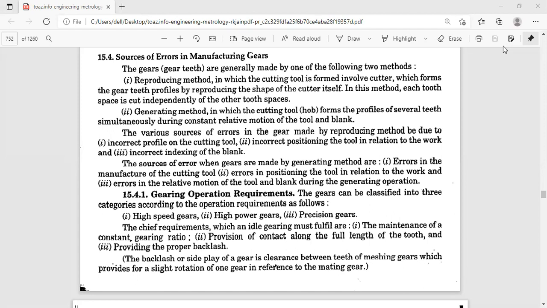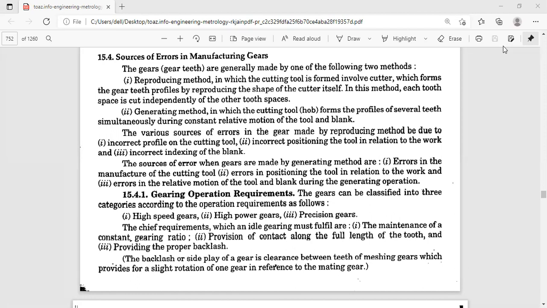As far as the provision of contact along the full length of the tooth, you also have to have that, because that's what we are discussing about the lead. Some of the operation requirements will depend upon the spur gear measurement parameters like lead. The second one, provision of contact along the full length of the teeth, is regarding the lead. It is very important. Don't say lead, pencil lead is different. Here it's lead, because lead in case of a screw thread is the number of starts into pitch. L is equal to NP in case of a screw thread. That we'll discuss at that particular point of time.